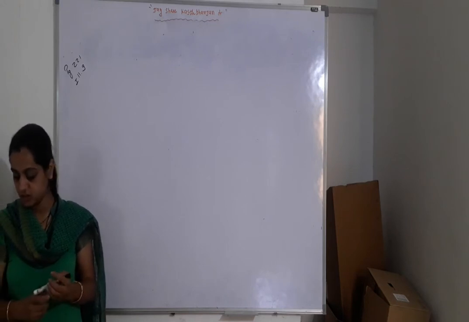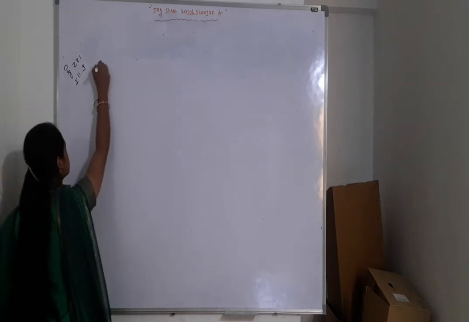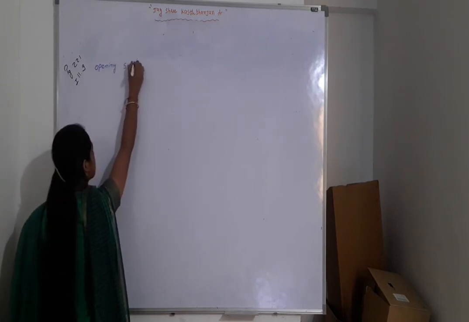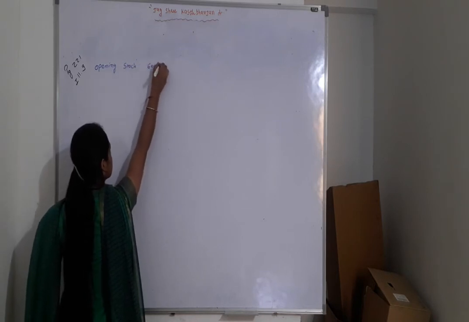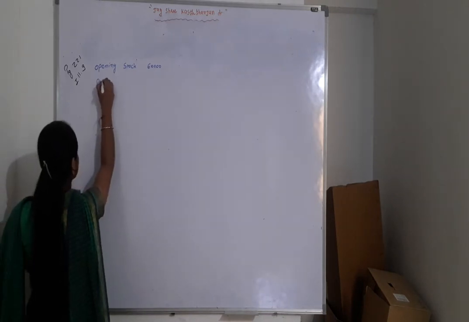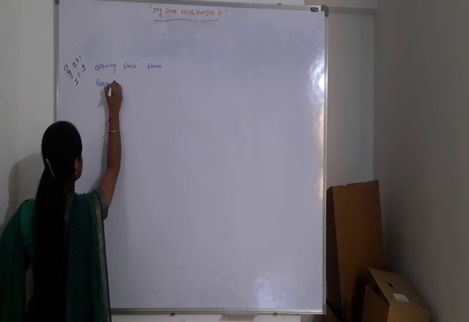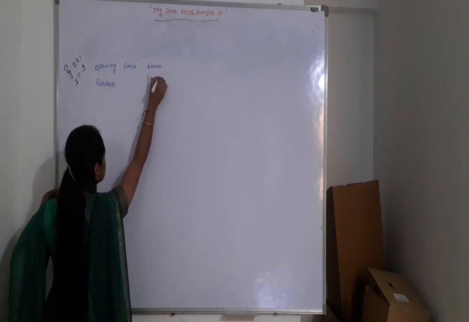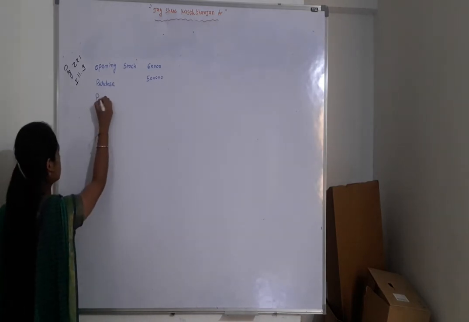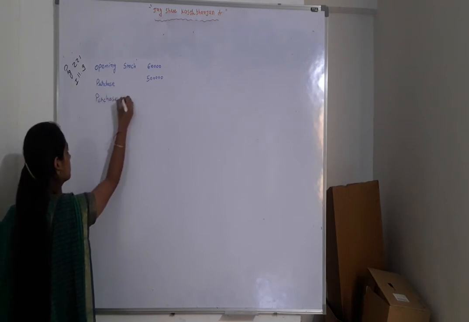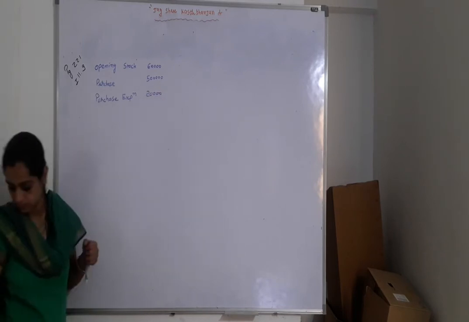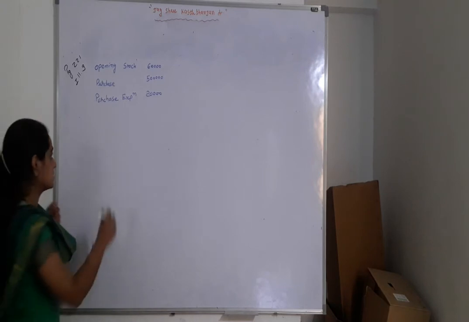For that they have given opening stock 60,000, then purchase 5 lakh, purchase expense 20,000, office expense 50,000,